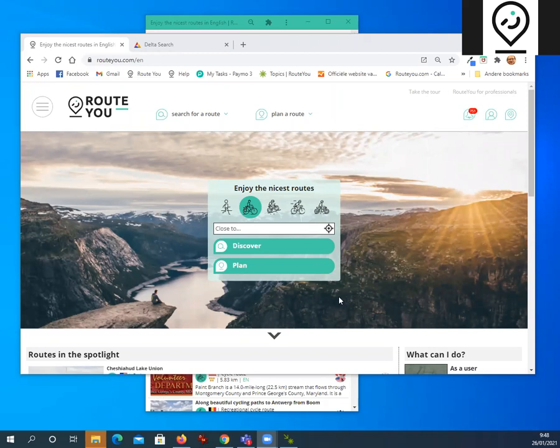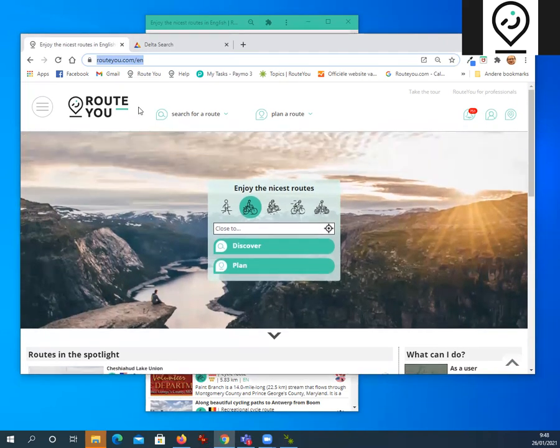I'm going to show you how you can use and find a route on your desktop at home, and then later on use it on your smartphone in a very easy way. Let's start with the desktop side. It's probably some evening or afternoon and you would like to find some routes on your desktop. So you go to rootyou.com in your browser and you get to the website of